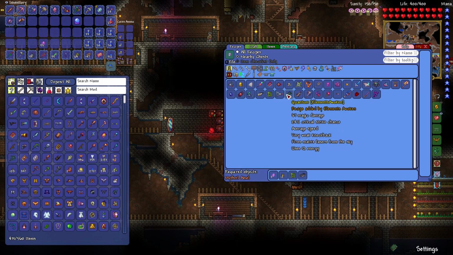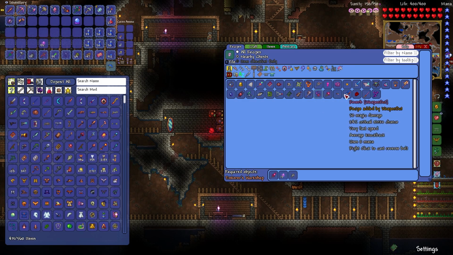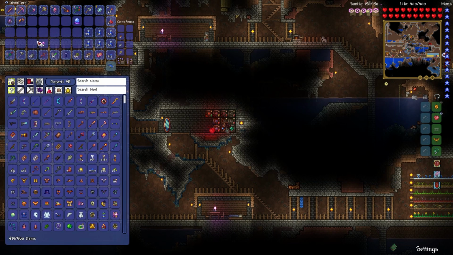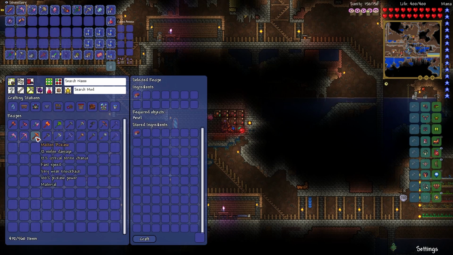Quantum fires matrix lasers from the sky. Sounds pretty interesting. Looks like the same old weapon stuff, though. Okay, well that's good to have, I guess. Still can't do anything with it unless I get those hard mode ores. I still need to craft myself that molten pickaxe so I can get myself those ores anyway, so...